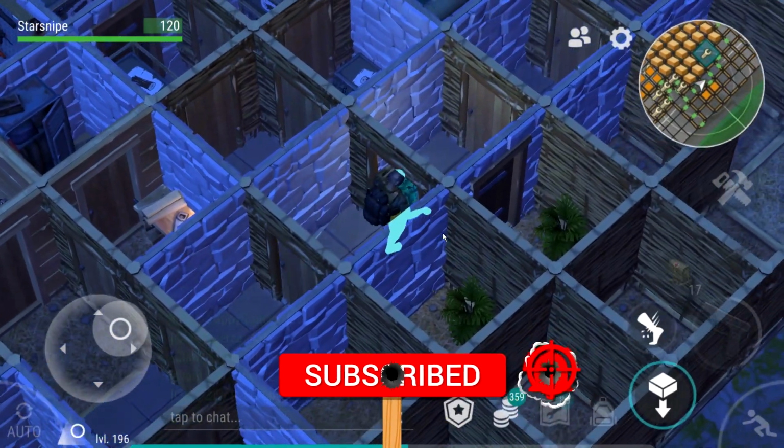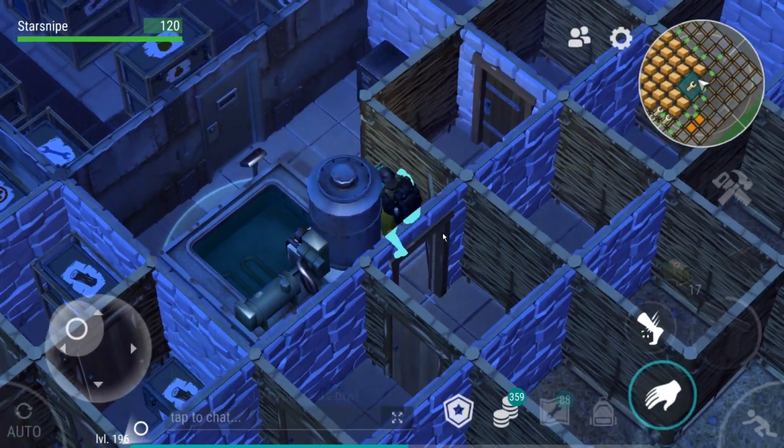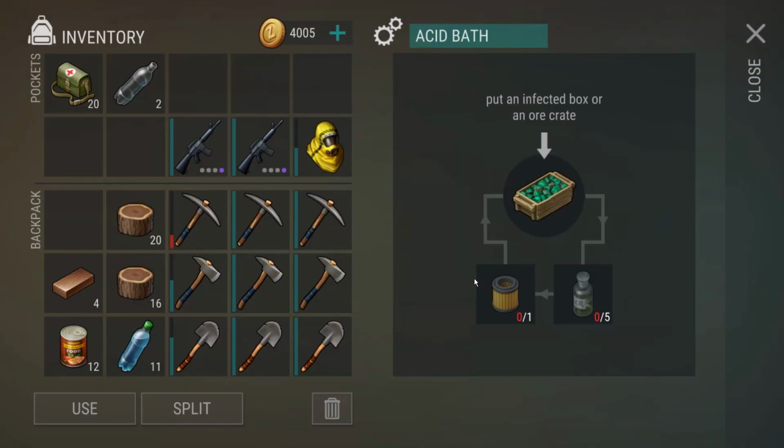So we got this by using the new drill rig, like little building type thing that can be found over there, and we are gonna be tossing it in none other than the acid bath for a little bit of cleansing. And I believe the acid bath actually works in a brand new way compared to before. This is the first time I'm actually using the acid bath since I believe this new update was added in. So you got to put in an infected box or an ore crate, and then from there we got